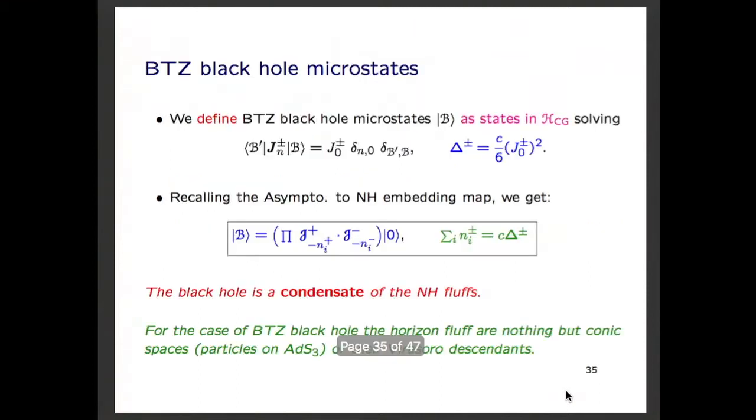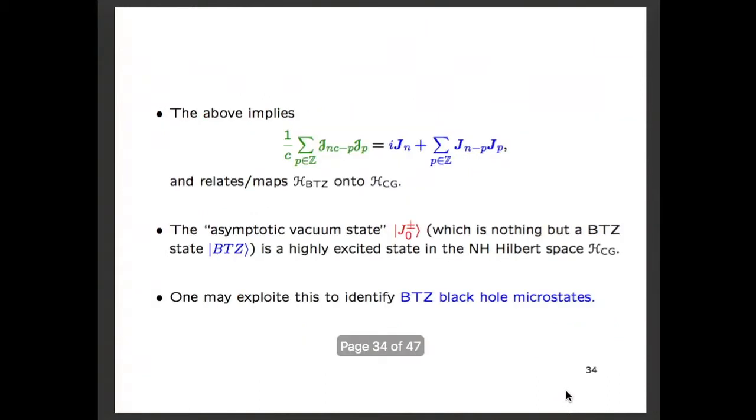And the rest is just simple algebra. I had introduced what the BTZ black hole is. From the Kac-Moody J algebra, the expectation value of J between two states was given by this. Now I would like to view this as an equation on this Kerley J algebra and this algebra. So basically using this equality